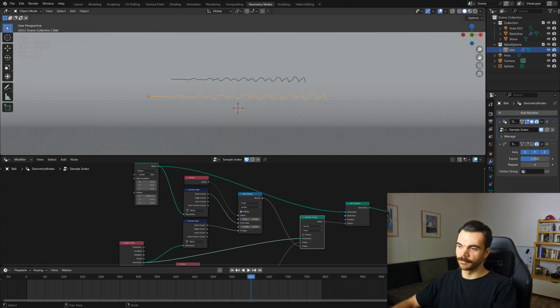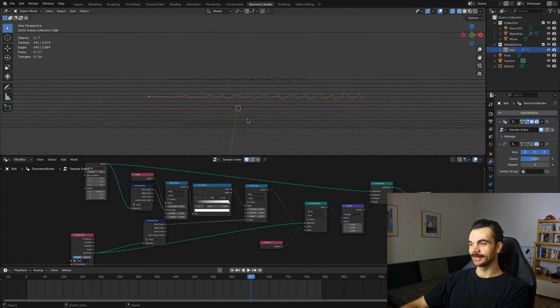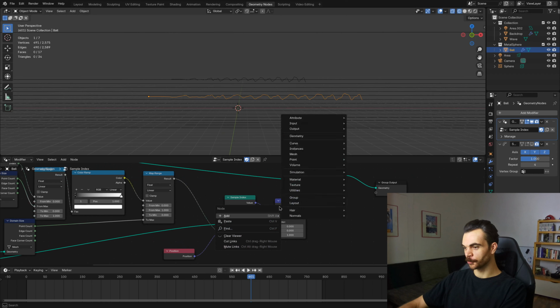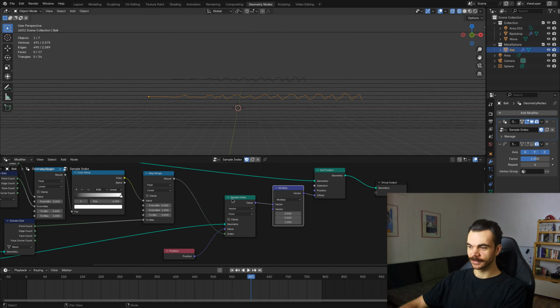So yeah, it just accounts for the difference in points, but of course resolution will suffer. So you can see if I go really low, now it doesn't have enough points to represent the shape. It's doing its best. Okay, playing around with it a little bit, I noticed that of course directly putting the